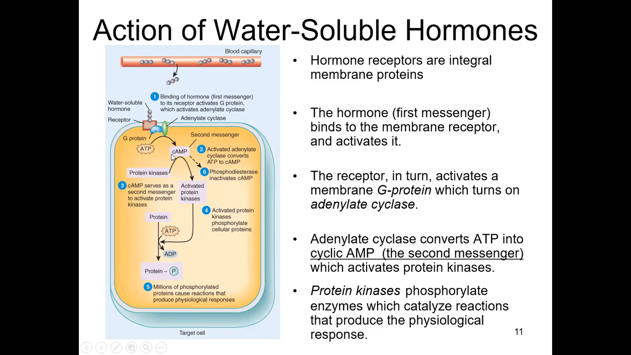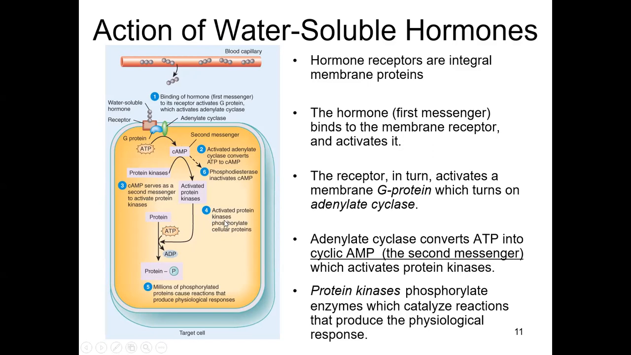This cyclic AMP will be the major carrier of the message on the inside of the cell. So cyclic AMP is called the second messenger. Hormone is always the first messenger. Cyclic AMP for the water-soluble hormones is the second messenger. So what is the cyclic AMP going to do to change the mind of the cell? Cyclic AMP will activate